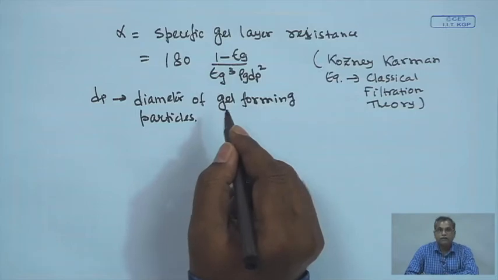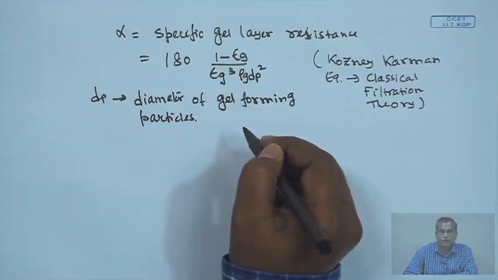Sometimes we are talking about the filtration of polyvinyl alcohol, the polymers. Sometimes we are talking about the filtration of fruit juice involving pectin, but these polysaccharides or polymers will not form hard spheres having a definite particle diameter dp. They will form a very viscous network over the membrane surface, which we call a gel. Now, dp means the gel layer will be equivalent to the resistance offered by particles of average diameter dp. It will be interpreted that way.